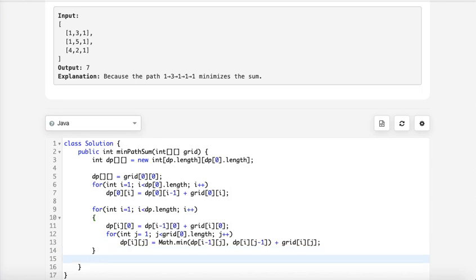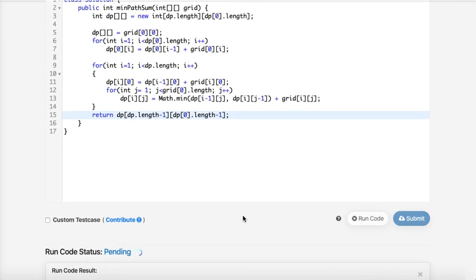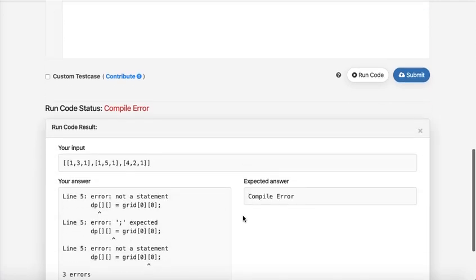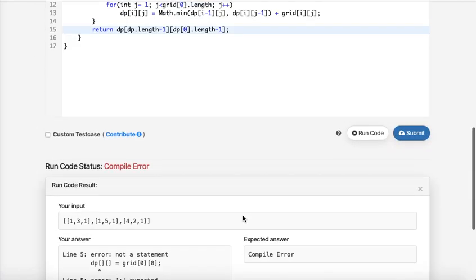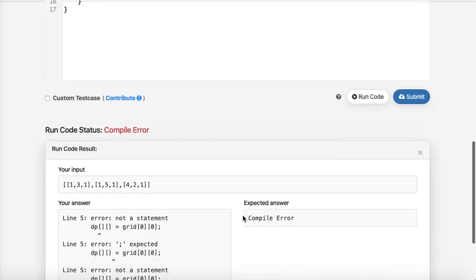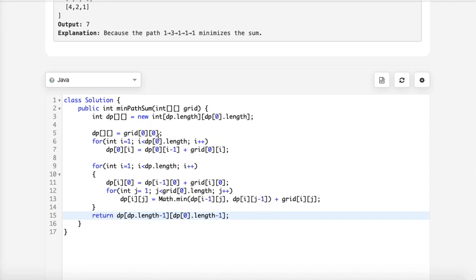And finally you return the last element in the grid. Okay, let's run this code. Oh, what did we miss? Line 5.